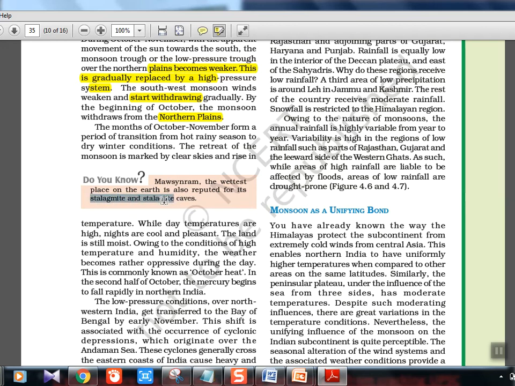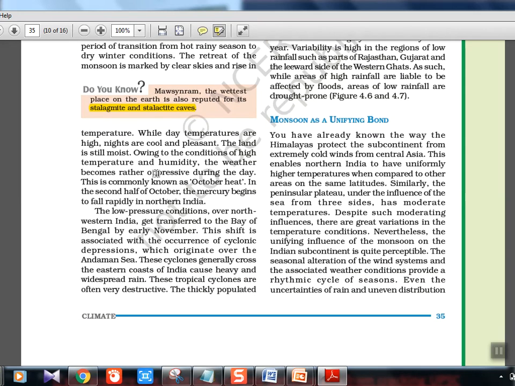Stalagmite, stalagmite, it's actually the cave structures. If you know, limestone conical structures will be there, hanging from the roof or starting from the floor. So that is actually stalagmite and stalagmite formation inside caves.